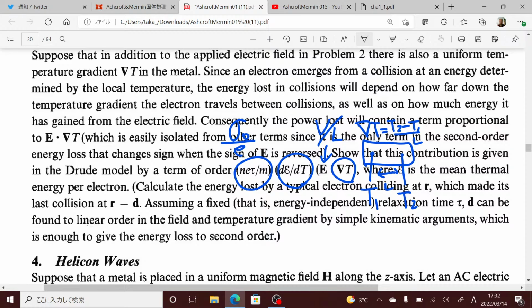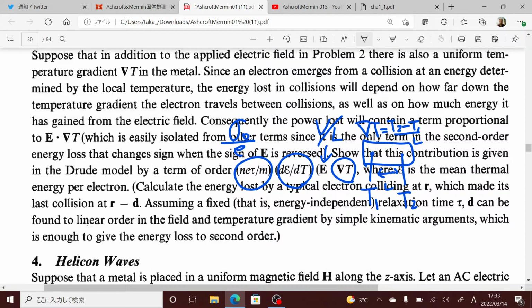Calculate the energy lost by a typical electron colliding at r, which made its last collision at r minus d,